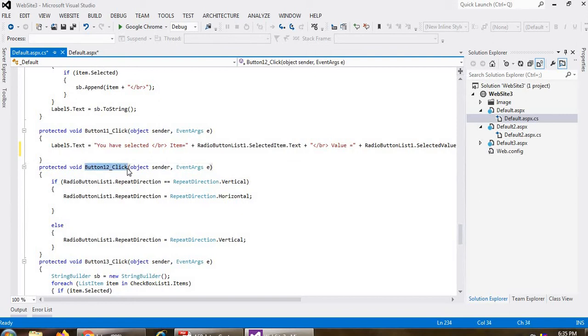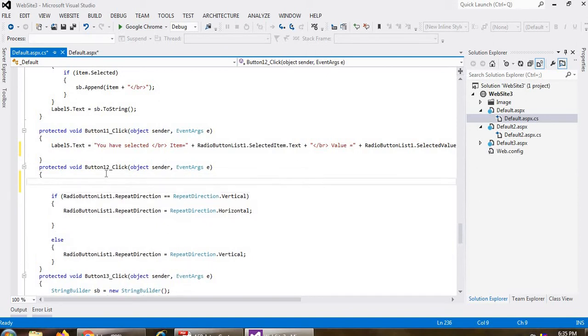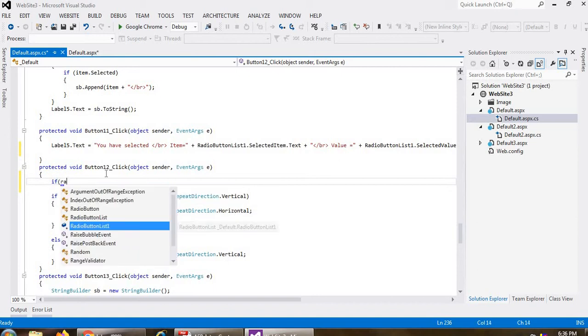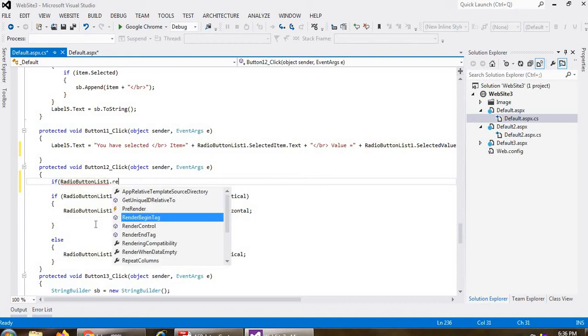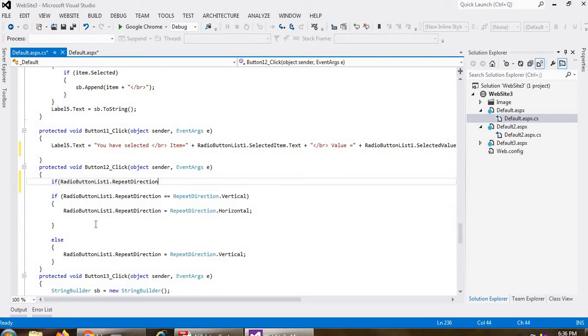And here I have written the code where I check the condition: if the radio button list 1 dot, like if I have written my code like this, then when I write the radio button, it automatically displays over here. Select this dot repeat direction, right?